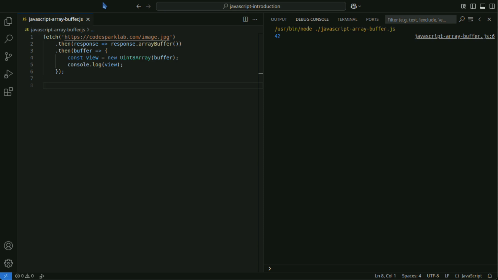In this example, image data is fetched from the server and handled as a Uint8Array. In this way, you can process data received from the server using ArrayBuffer.